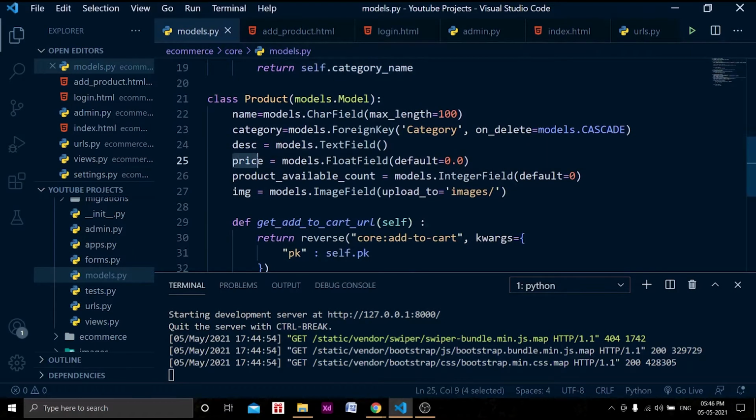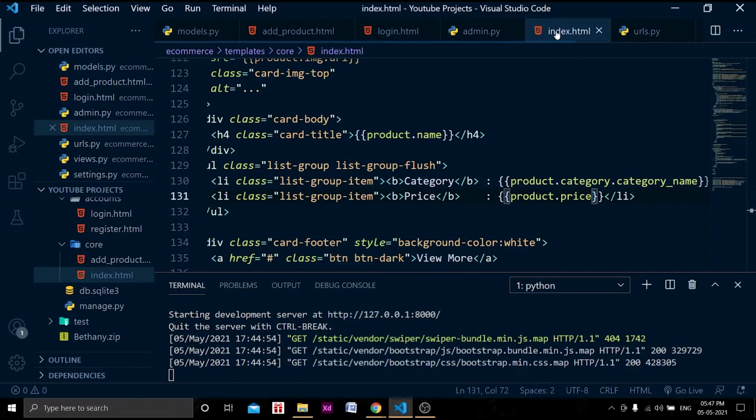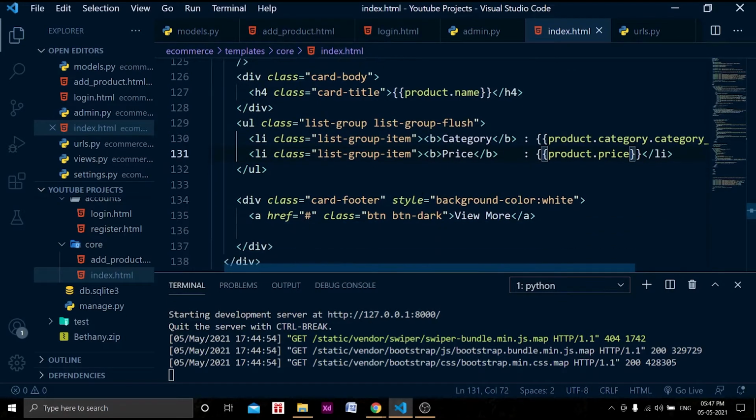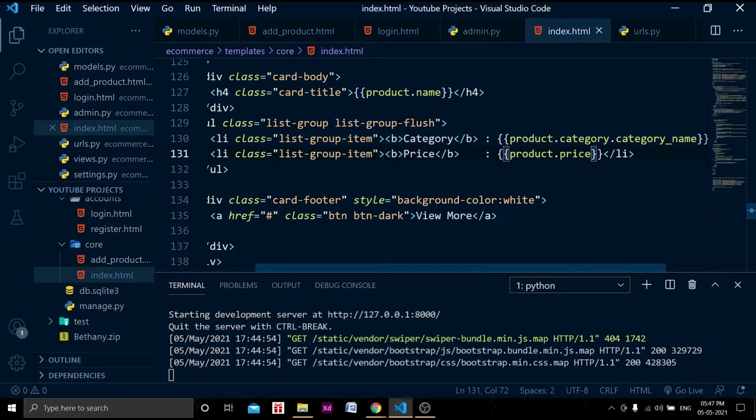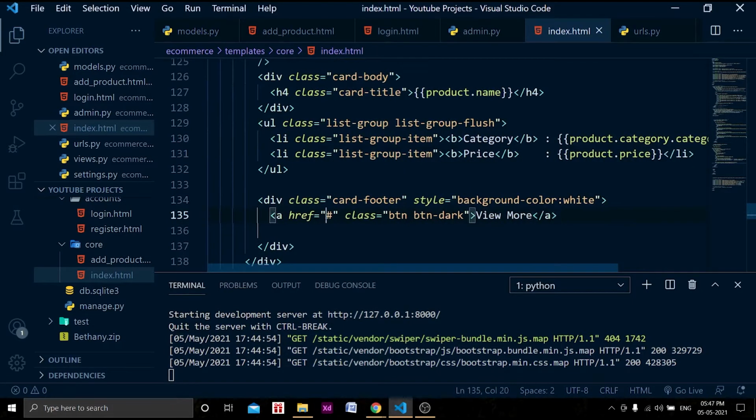Okay, so there are price, desc and image. We will not show the description for now. We will make a separate page for each product, where by clicking on view more it will be directed to that page with its description, and from there the user can add the products into their cart. So we are not going to show that for now. View more will be there, and by clicking on this URL, we will code for this URL. By clicking on this URL, the user will be directed to that particular product's description page.